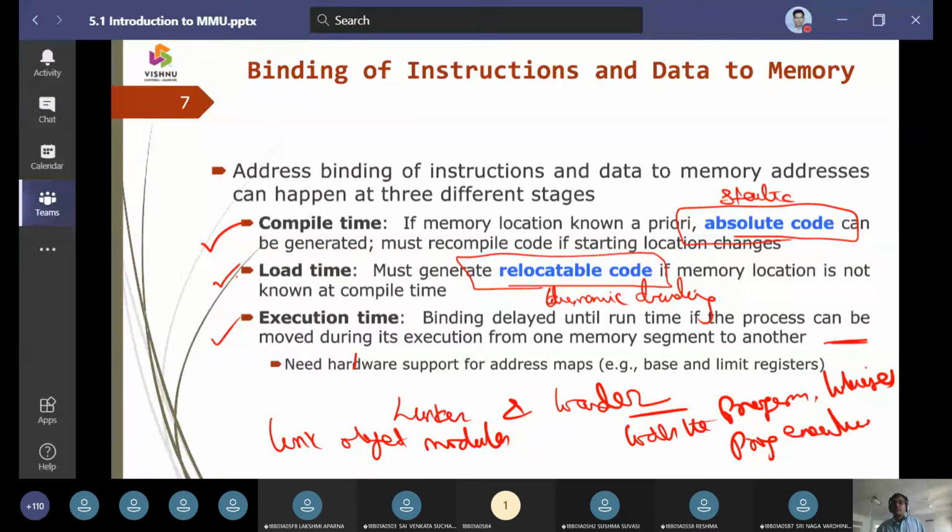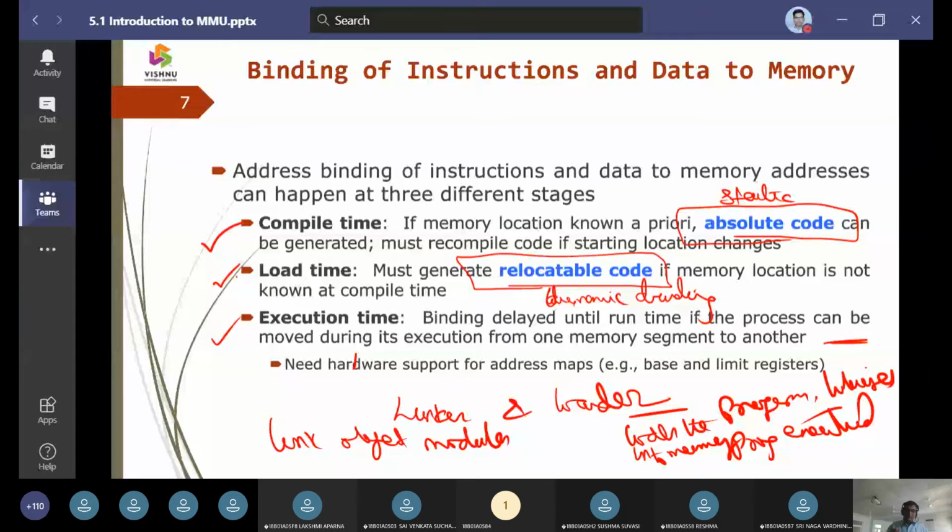It loads the program into memory. This is the primary focus where the loader comes into the scenario. You need to see that object modules are connected, linked, so that the program gets executed. For that, we use the support of a linker, and those programs have to be assigned some memory locations, and those assigned memory locations are taken up by the loader.